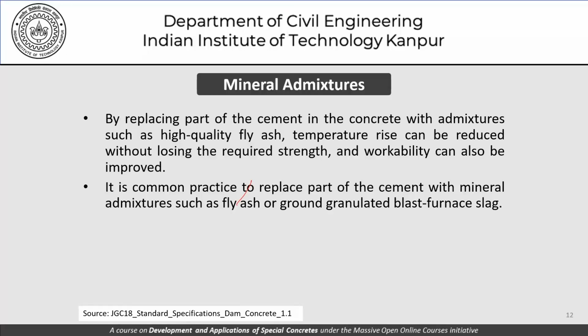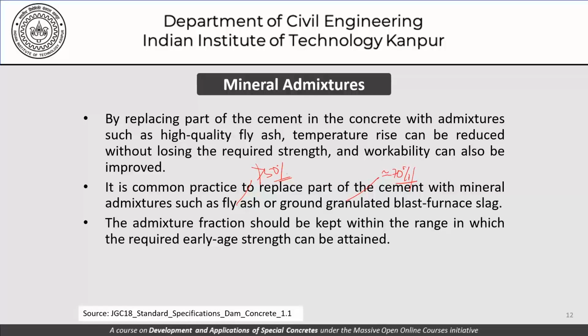For example, for fly ash, normally an addition in excess of 50% is difficult, but in the case of ground granulated blast furnace slag, you can go up to 70%. Of course, that again should be taken with a pinch of salt, because there is enough literature which says that we can go for higher volumes of fly ash, and we just need to take the appropriate kind of precautions and ensure that it does not affect the concrete properties adversely.